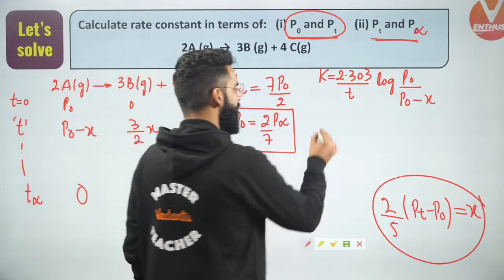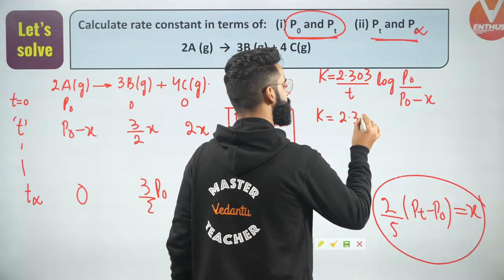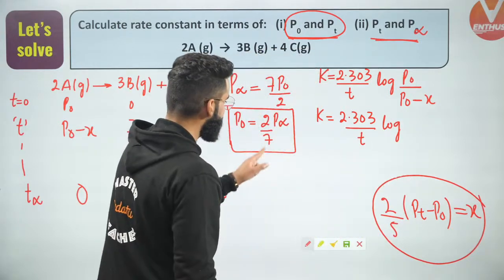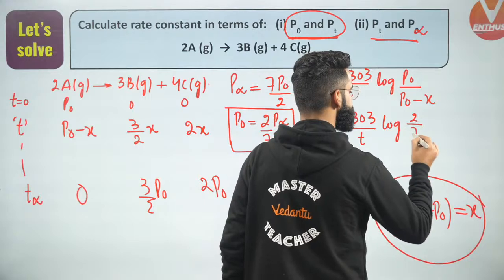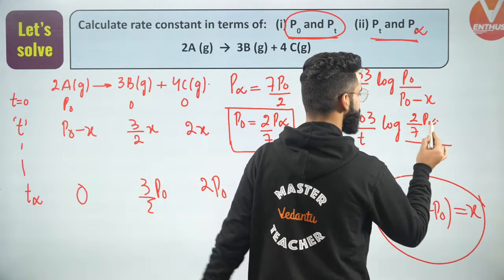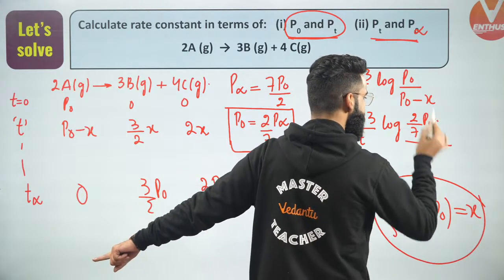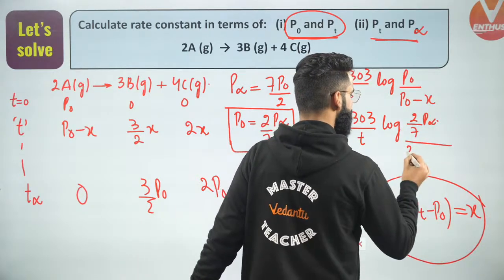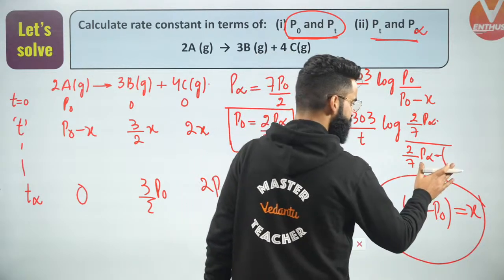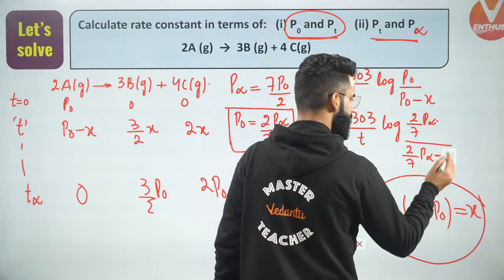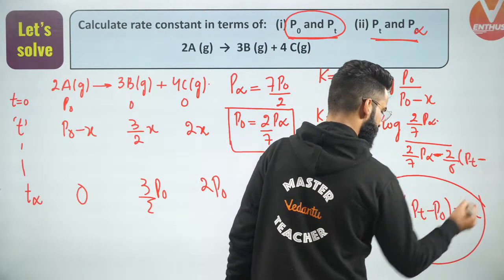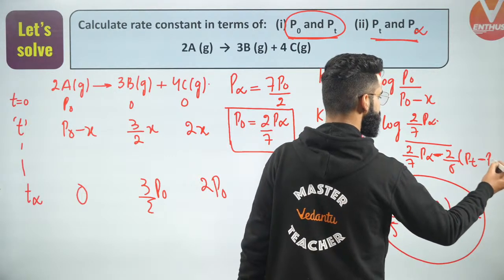Now what I'll be doing right here, I can say K is equal to 2.303 divided by T, log of P naught. Instead of P naught, I can write 2 by 7 P infinite. I can write 2 divided by 7 multiplied by P infinite divided by, what is P infinite? P infinite is the total pressure of the container at the end of the reaction. Instead of P naught, again I'm writing 2 by 7 P infinite minus X. We already got to know the X value, that is 2 divided by 5 multiplied by PT minus P naught. And instead of P naught, again I'm going to write 2 by 7